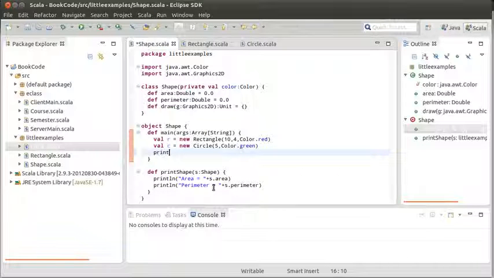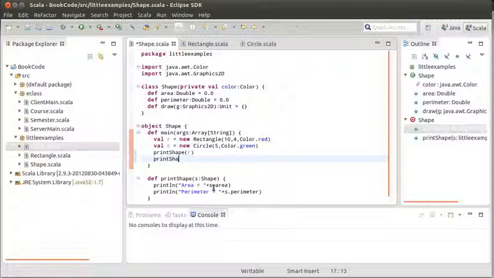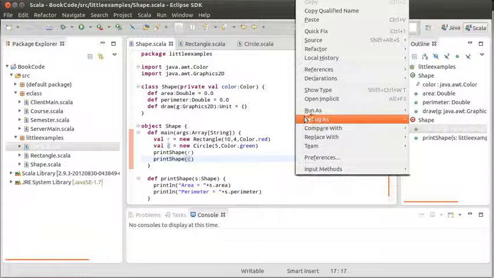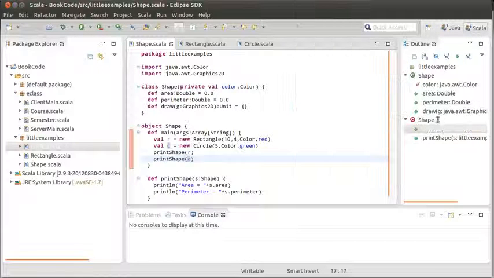And I'm going to call print shape on my rectangle, and I'm going to call print shape on my circle. And this code compiles. One method here, 2 different types of arguments being passed into it. And I can not only compile it, I can run it,